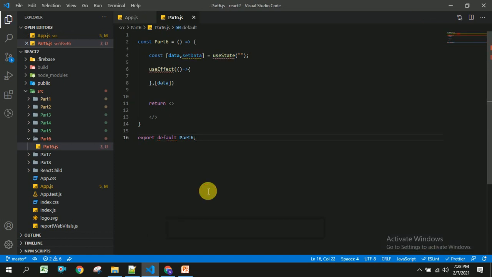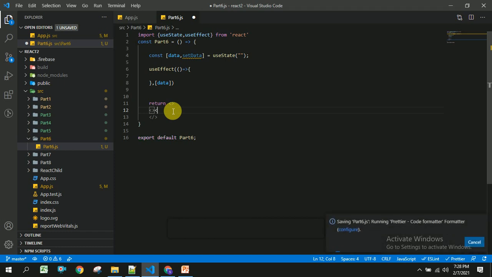In order to use this useState and useEffect, we have to import them from React. Now I am going to create a button. So once the user clicks on that button, I am going to change the data.